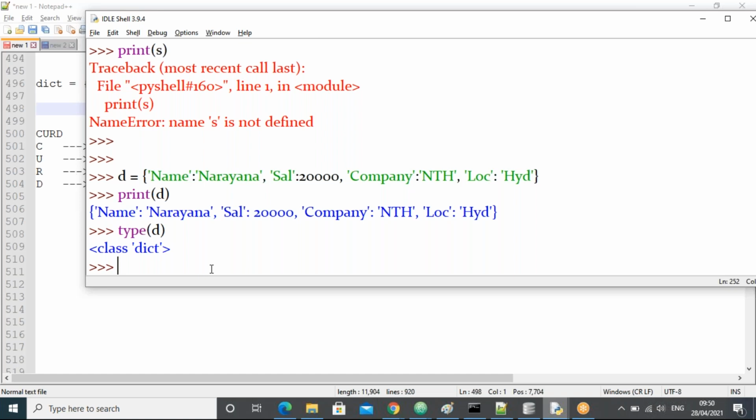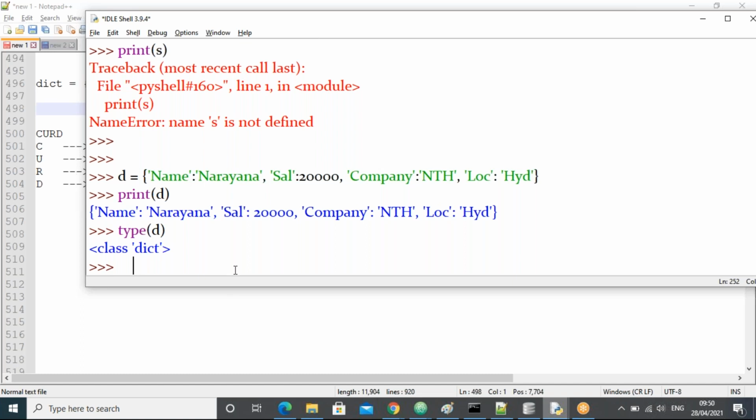For dict also we have the dict function, guys. Sir, how do we take the key-value pairs in the dict function? Now all of you observe. We'll take like this: both key and value will be taken as one tuple item. Again one tuple, again one tuple, guys. I'll tell you now.